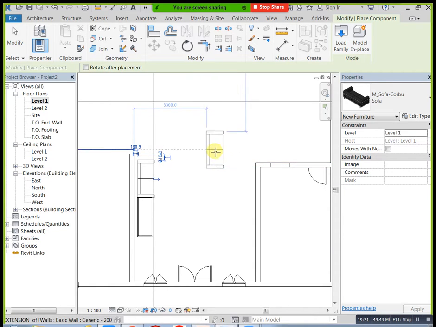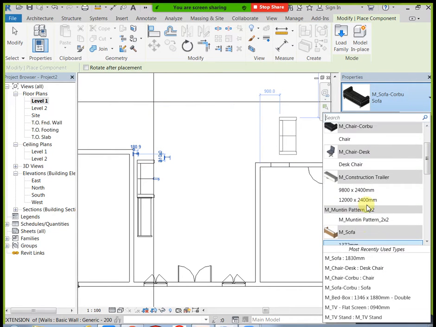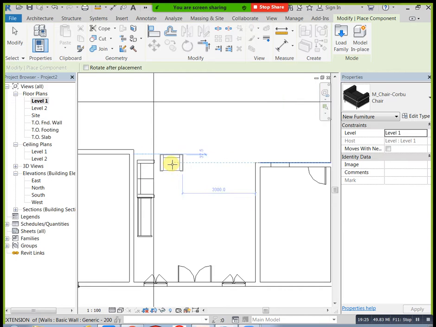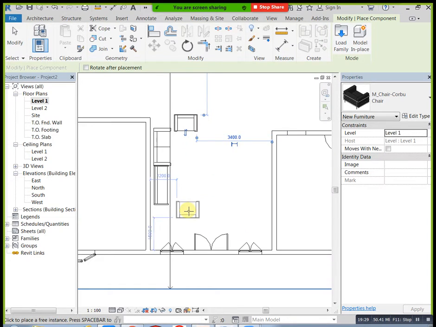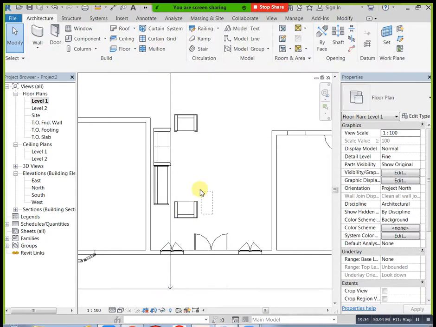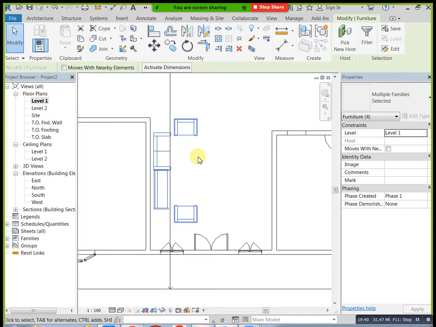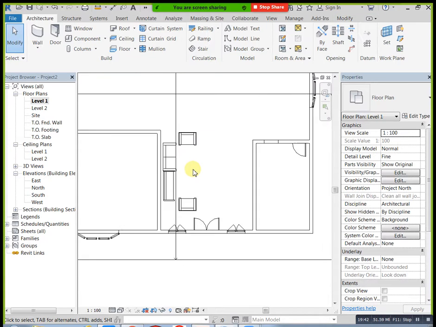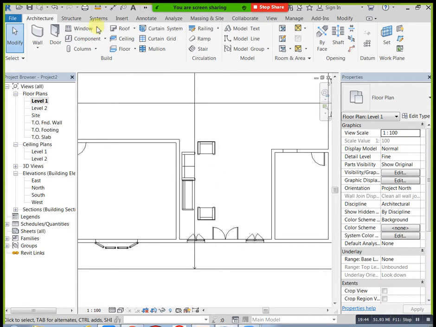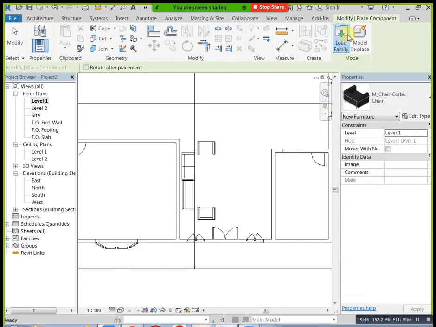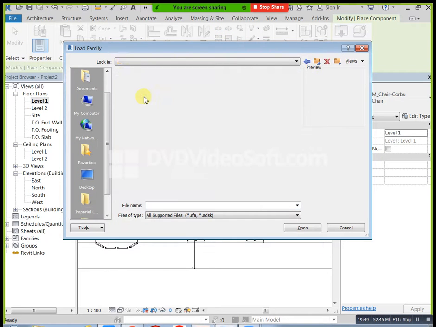Now you can select all of this. Now adjust the back side like this, if you need you can adjust like this. Now I need to place one table here. How can we place our table? Place a Component, Load Family, go back to Metric. These are all placing components. Now you go to Tables. Which type of table do you need? You need this type, or this type. For example, I need this type, you can select, that is your choice.